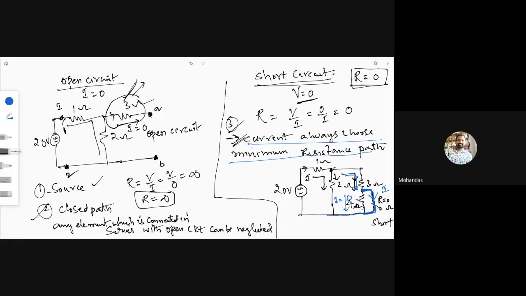So once the current is zero, current cannot flow through the 4 ohm resistor. What I'm trying to say is that while calculating the equivalent resistance seen by these A and B terminals, when there is a short circuit across any element, that element can be neglected. So the conclusion is that any element connected parallel to the short circuit can be neglected. I'm repeating, any resistor connected parallelly to the short circuit can be neglected while calculating the equivalent resistance because it is offering